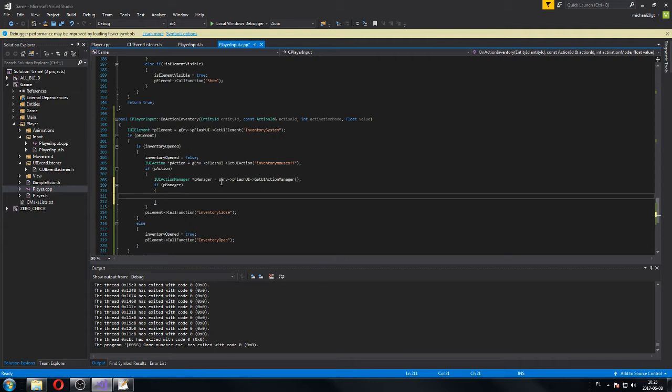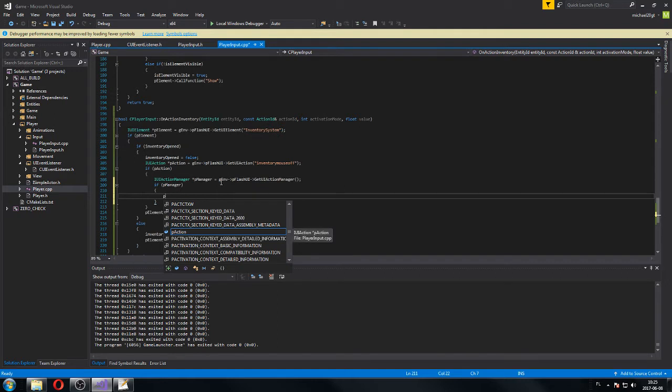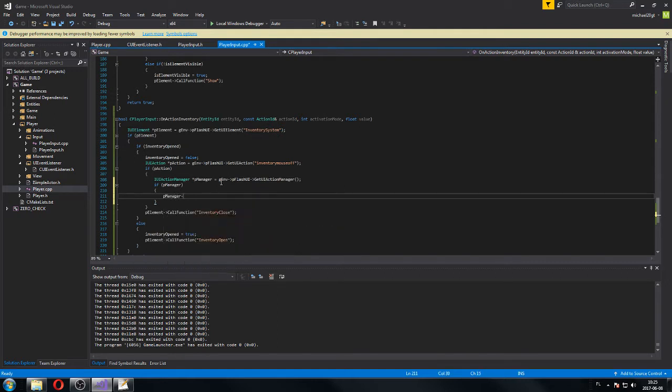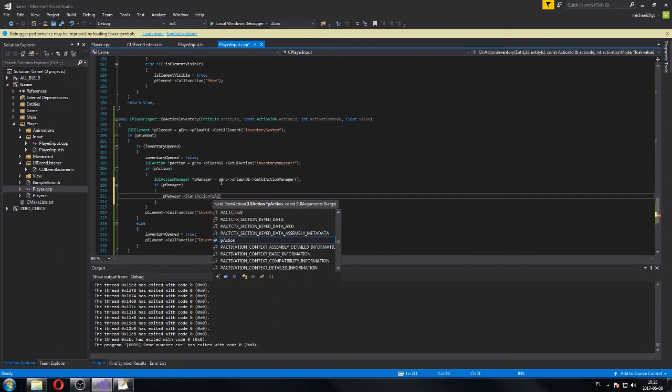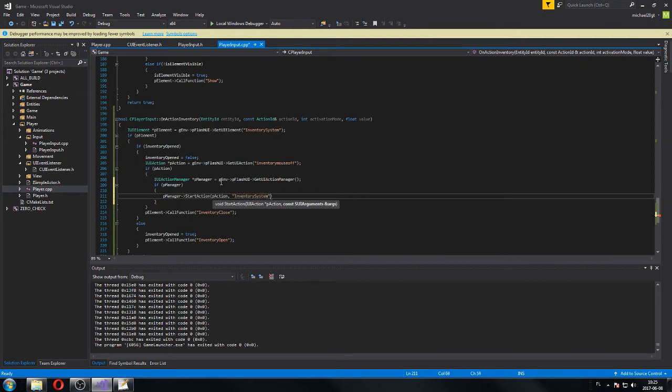So if everything is found, then p manager start action, and the action was p action, and we put here our element inventory system. That's it. We start the action,